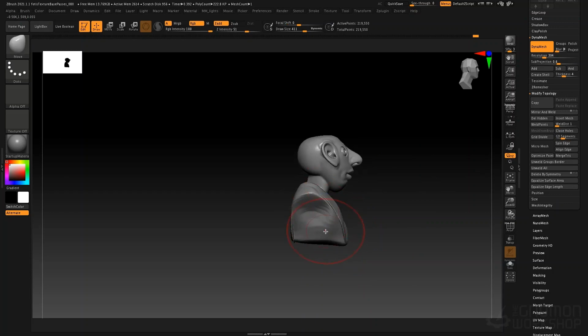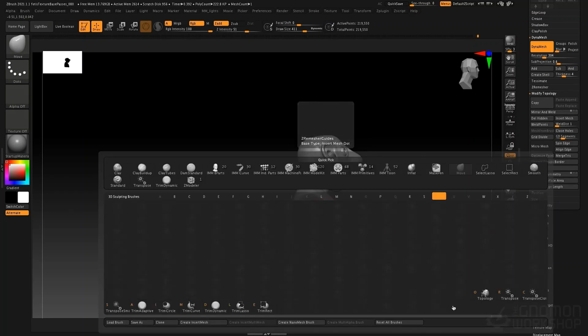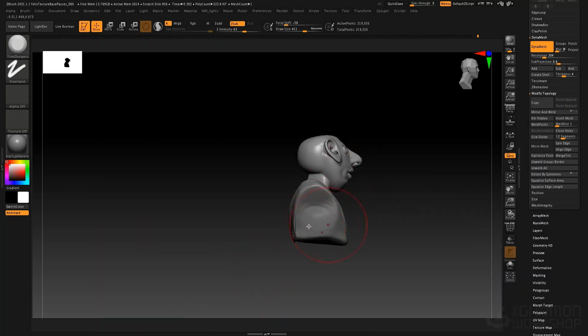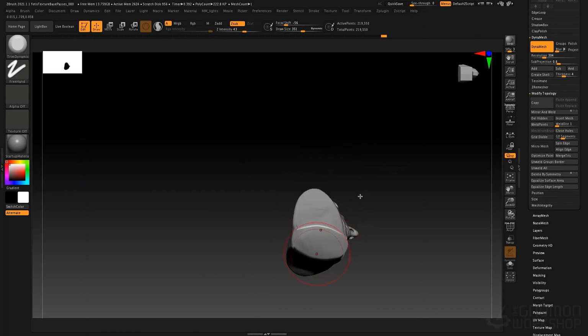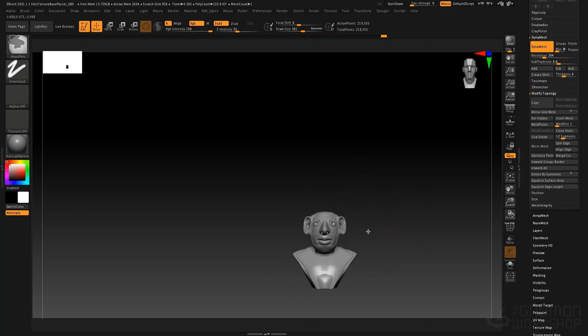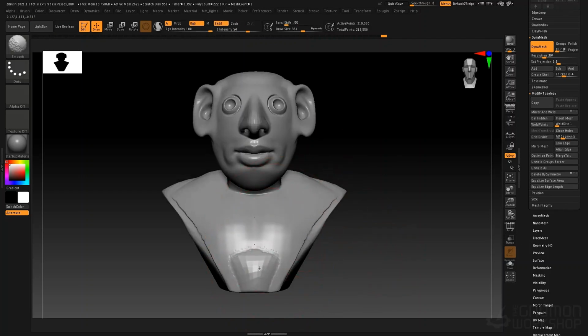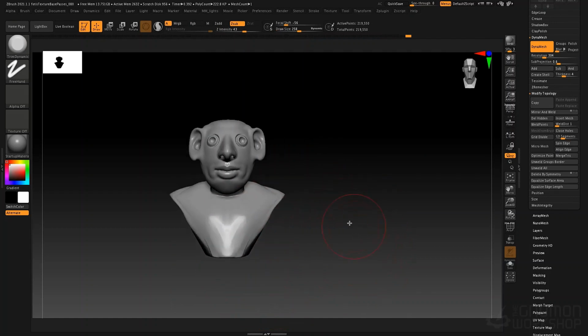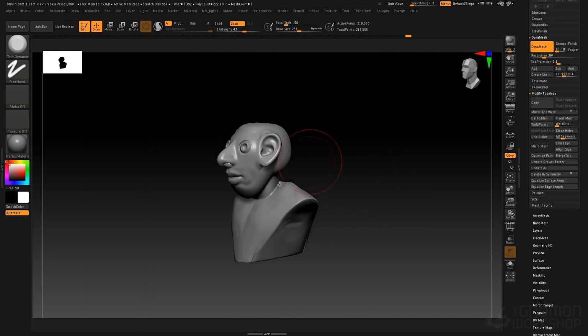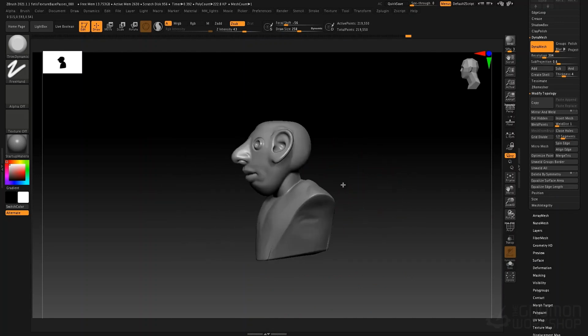And then I can use my B for brush, T for trim. Trim dynamic is kind of my favorite brush for creating planes and sort of refining surface forms. I'll just knock back a plane here and a little base here, and we're starting to create a little bust. We can move up here and smooth out any of these areas, and then plane this back. So here you can see how very easy it is just to start building up shapes using primitives like this